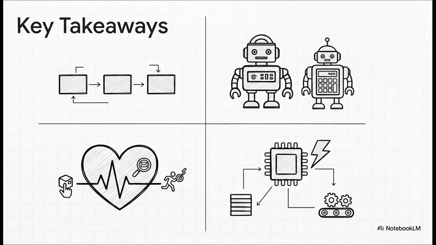So to wrap it all up, at its very core, computing is just a logical, predictable, step-by-step process. The CPU isn't one single brain. It's a team of specialists, with the control unit as the manager and the ALU as the calculator. That fetch, decode, execute cycle, that's the basic heartbeat of it all. And all that incredible speed comes from really smart design, like using fast internal registers and the assembly line magic